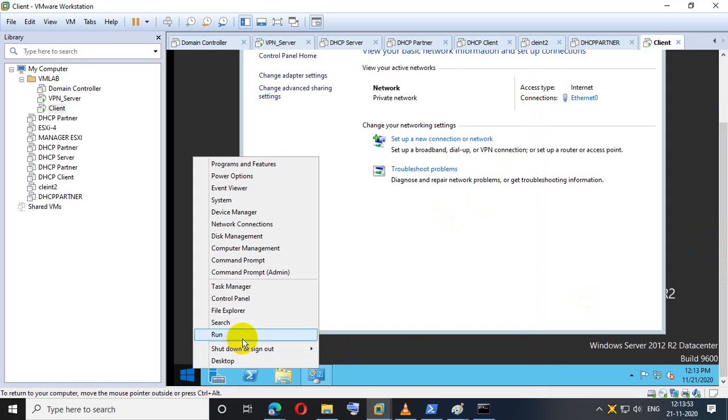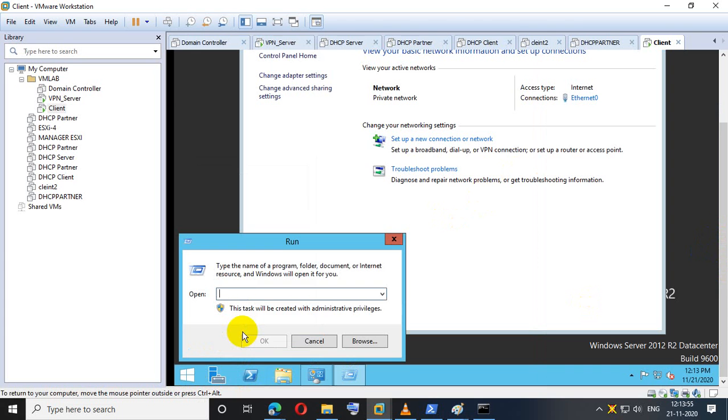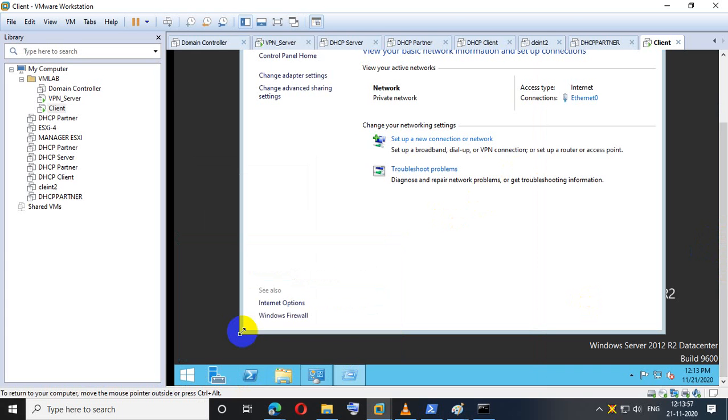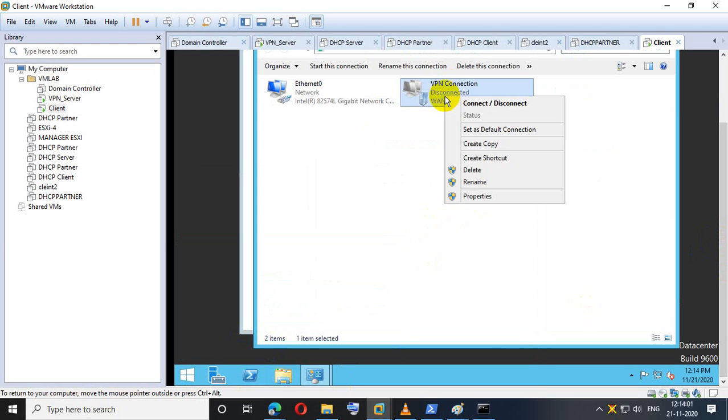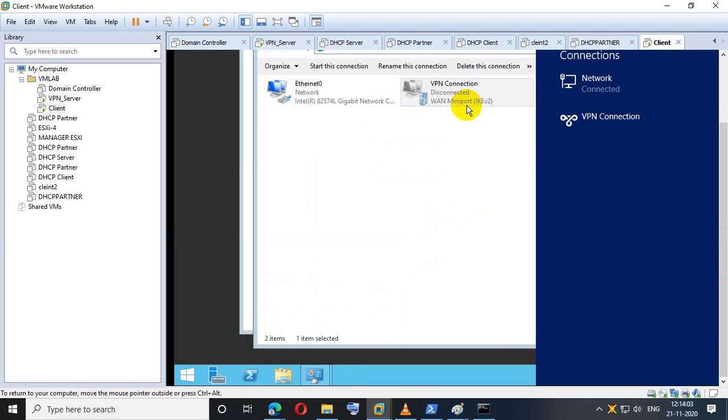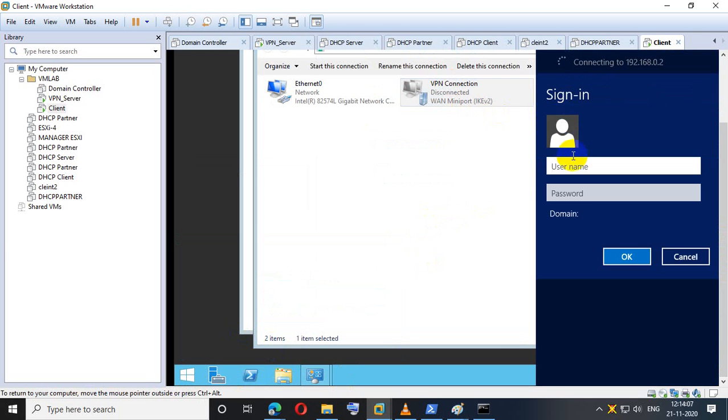Now you have to go. See, this is our currently disconnected state. Once you click on connect, it will ask you for a domain user ID and password. For your reference, you can set any user ID and password to connect.